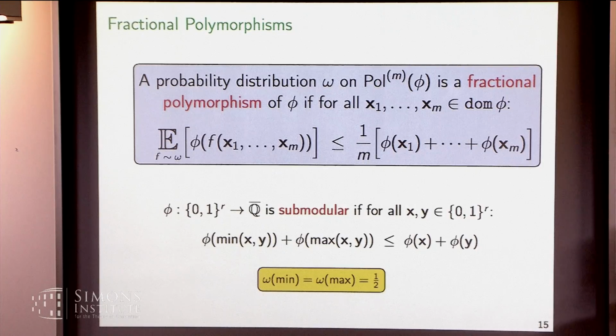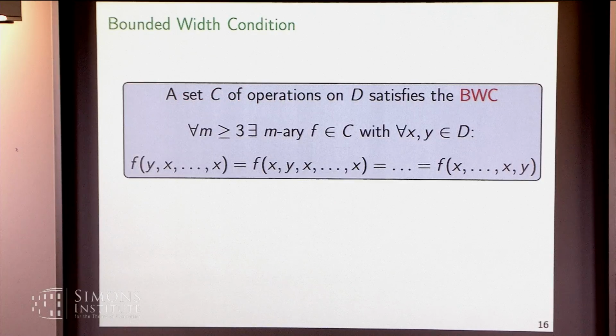More questions? Unfortunately, this is slightly technical, but if you know submodular functions, hopefully this example helps. If you don't know submodular functions, then you should think of them as probability distributions over polymorphisms. Not arbitrary probability distributions, but some that satisfy some linear inequalities. Okay.